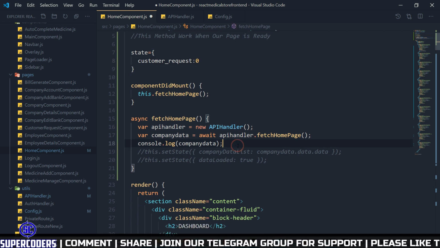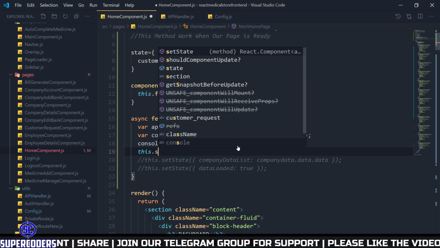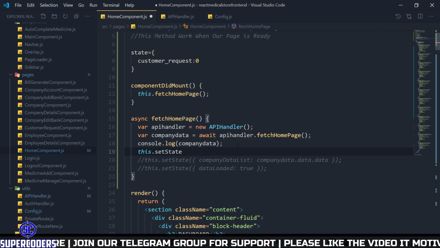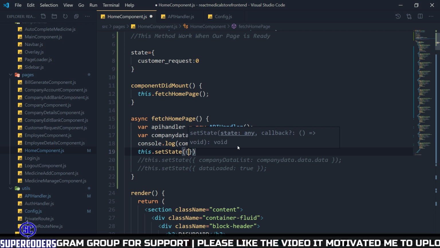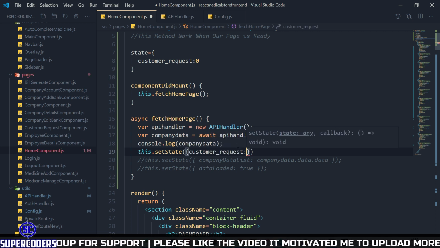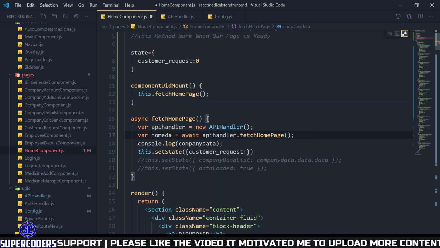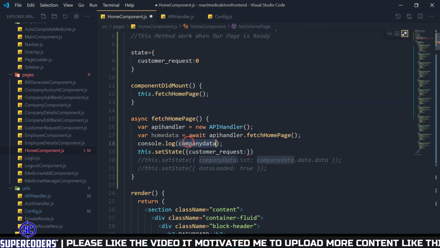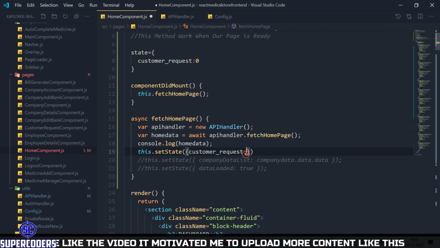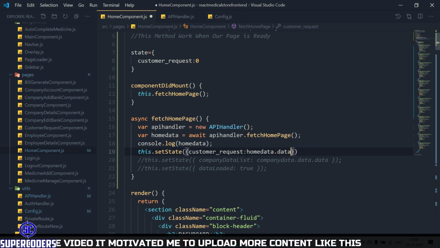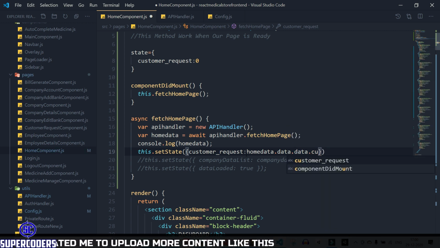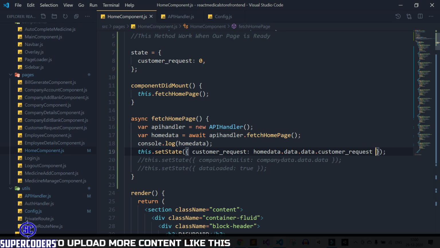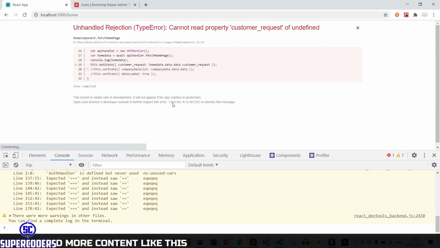After that, where the data is loaded, this dot set state customer request, and here home data dot customer request. Save it, back to Chrome, and here it is showing an access error.